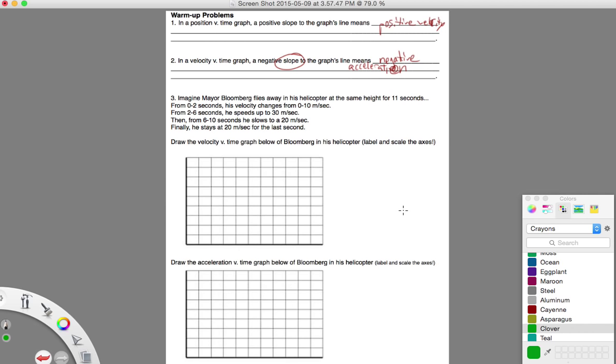Imagine Mayor Bloomberg flies away in his helicopter at the same height for 11 seconds. From 0 to 2 seconds, his velocity changes from 0 to 10 meters per second. Okay, so let's just say that